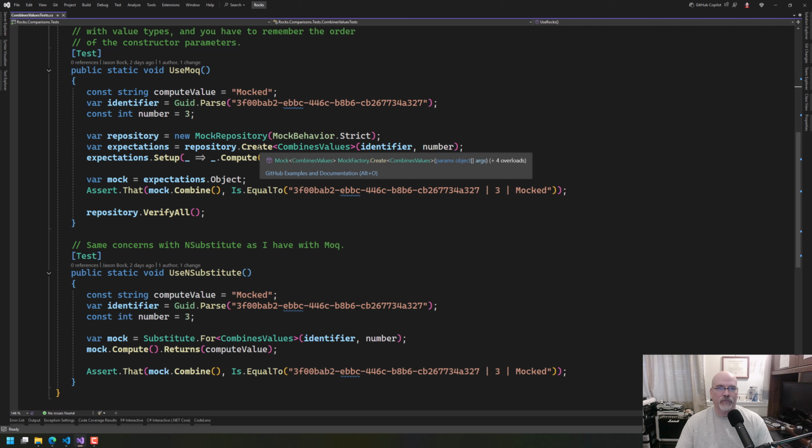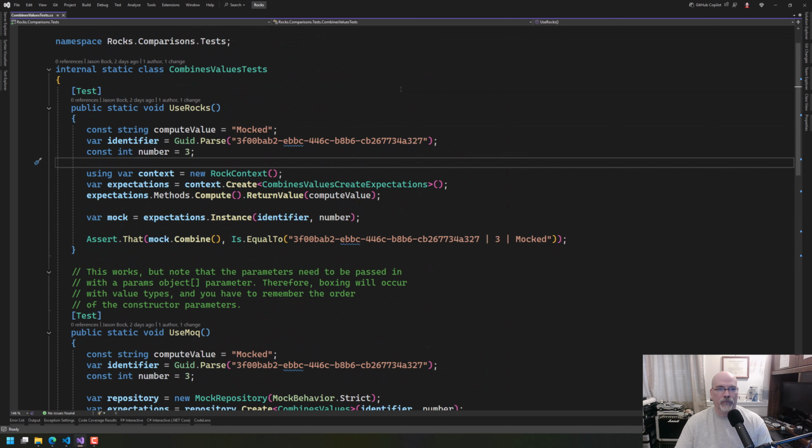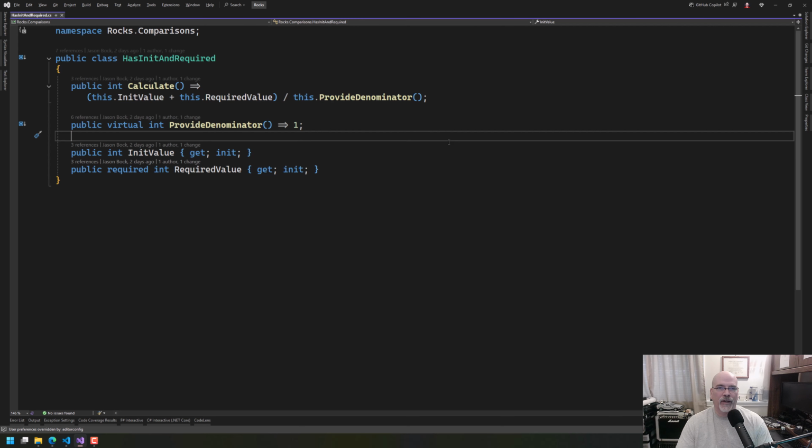MOQ and NSubstitute don't have a safe way to pass in those constructor parameters with their mocks. Whereas with Rocks, it's all type safe, everything works the way you expect it to. And the final one I want to show is with properties that have init or required in their definitions. So in this type, you can see that when I call calculate, I'm going to add init value and required value together and then divide it by the result of a virtual method call, provide denominator, which by default will